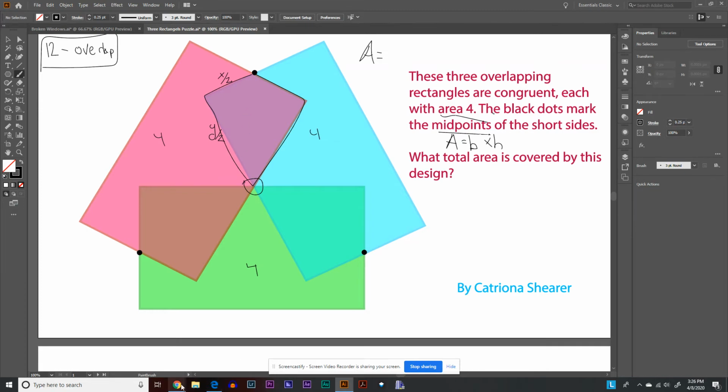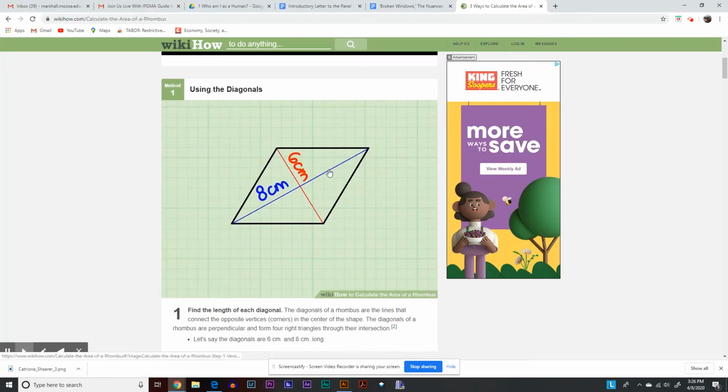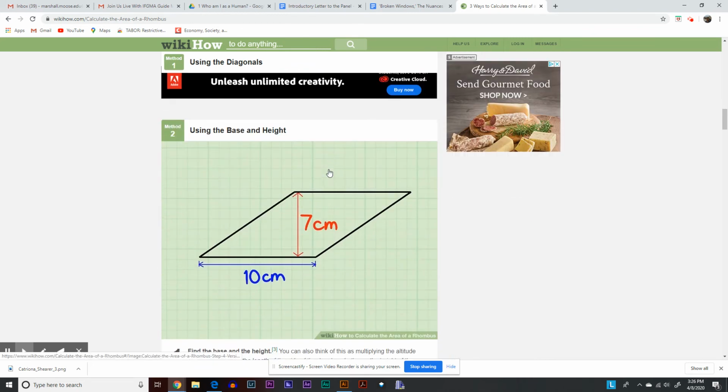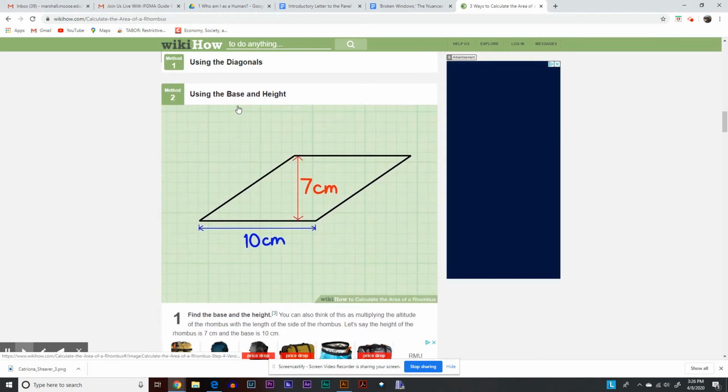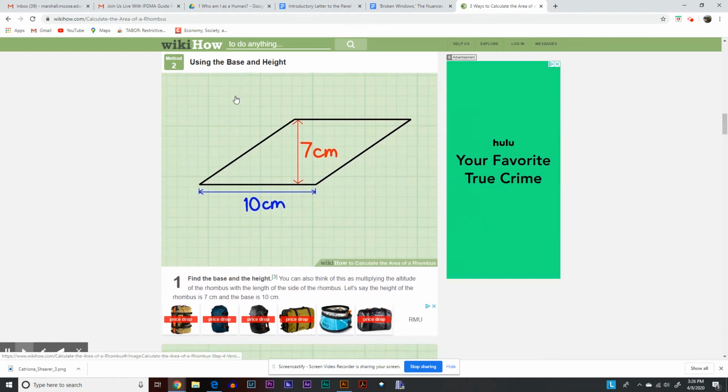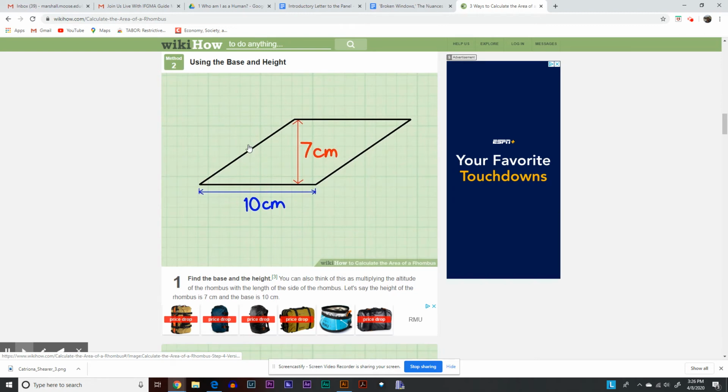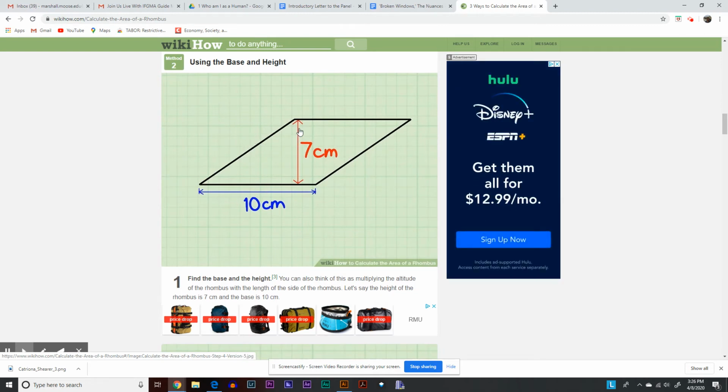Something that I would point you to instead is, if you scroll down to the second method for finding the area of a rhombus, it's to just use the base and height. But the reason that I think Google can sometimes be a bit tricky is because in this particular example, yeah, we have the base, but we actually don't know what the height is because it's not one of these